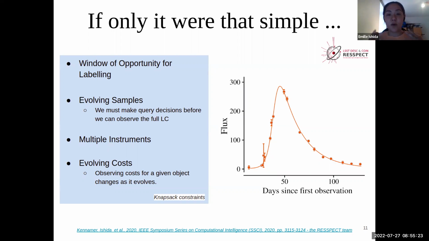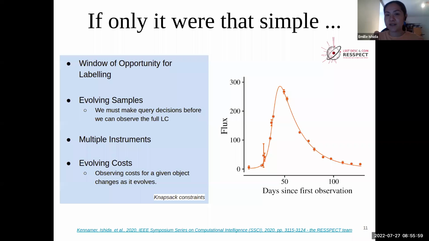So we need a way to estimate the brightness of the object at a particular time. It was also a subject of a previous talk. We have multiple instruments, so I want to take a spectrum, and I have one 4-meter telescope, one 8-meter telescope. I have a limited number of hours, different types of hours in them. All of these have to be taken into account, and also that even for a given object, the evolving cost increases or decreases because the objects are getting brighter and dimmer because they are transient.